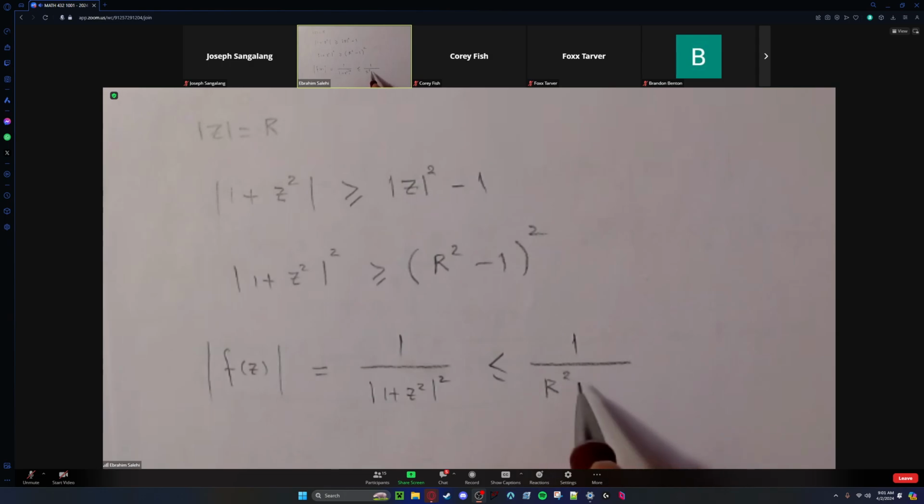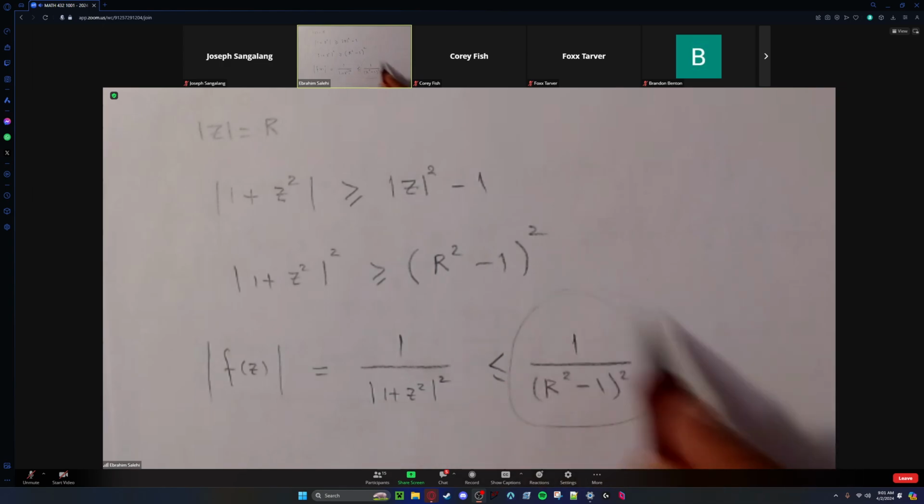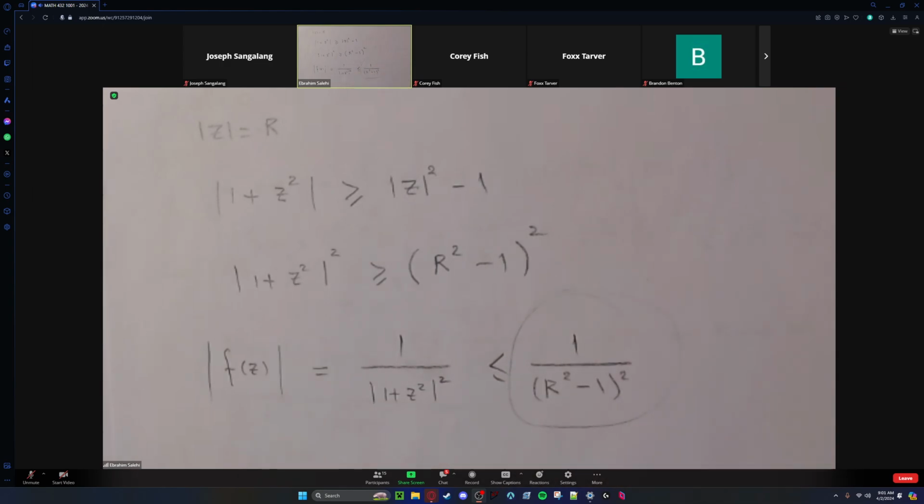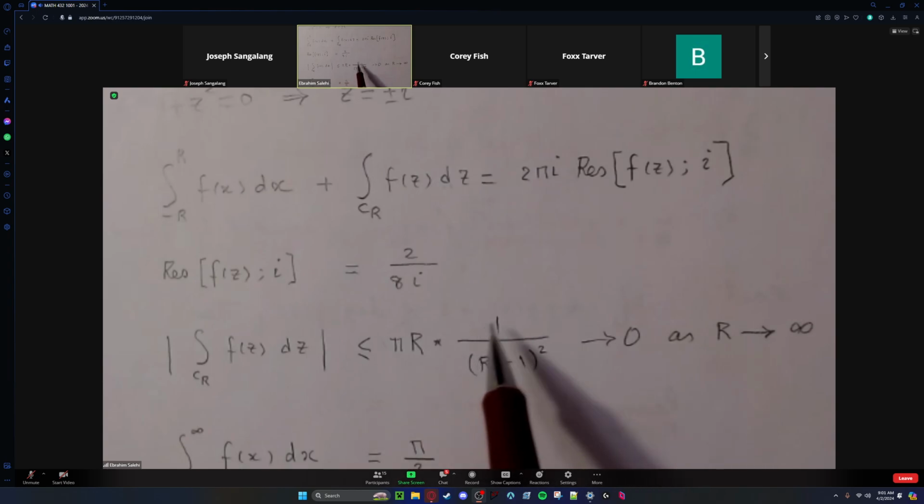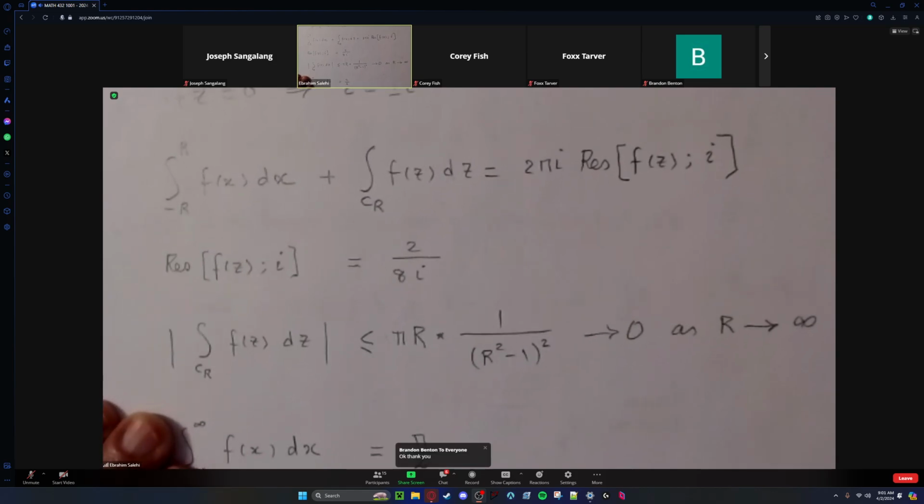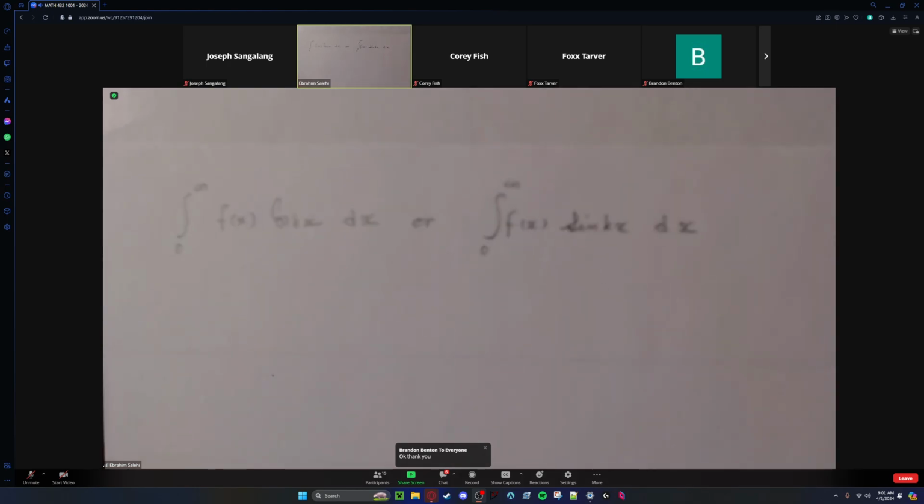That is how we use ML inequality. This is your M, all right? This is your M. That is your M. So f of z, this is f of z, this is M, less than or equal to this. L is the length of the curve, which is this. So it's pi r over this. Of course, as r approaches infinity, you get 0. All right, good. So that's it. Now, going back to